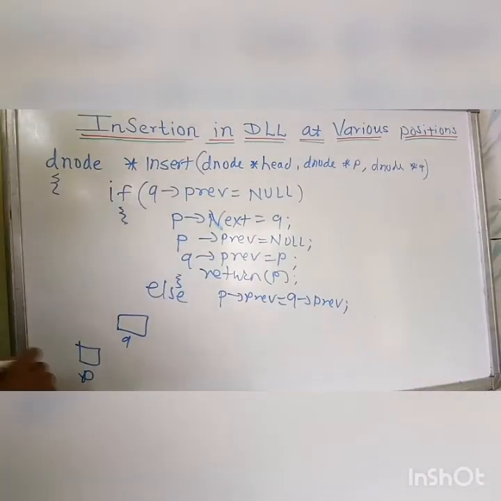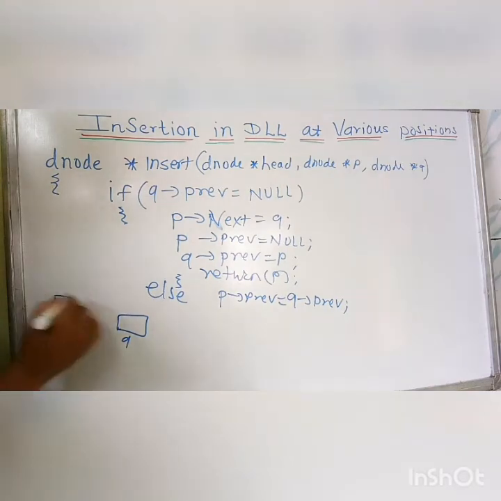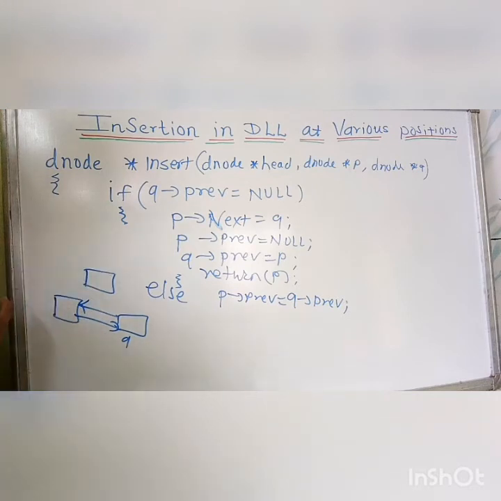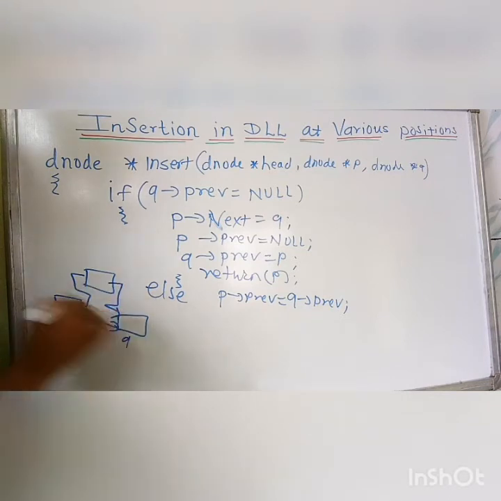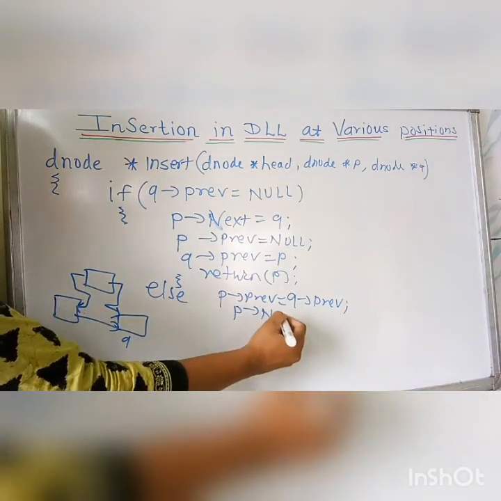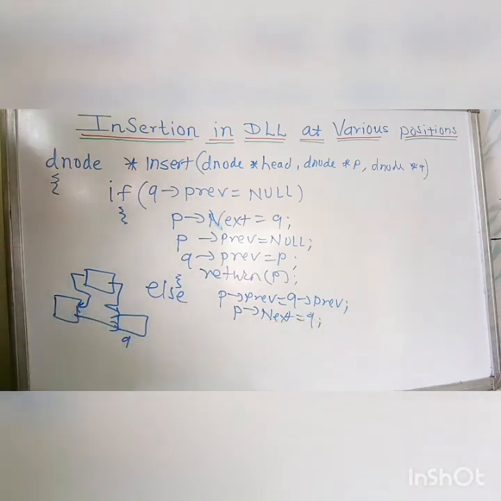So we will take P pointer previous equals to Q pointer previous. Means it is actually the previous node. So here we have to insert the P pointer. So in this case, P pointer previous equals to Q pointer previous, means we will attach here like this. Then P pointer next equals to Q. We will write the condition P pointer next equals to Q. Now we have connected these two backward and these two forward, but there is also one connection that remains, that is like